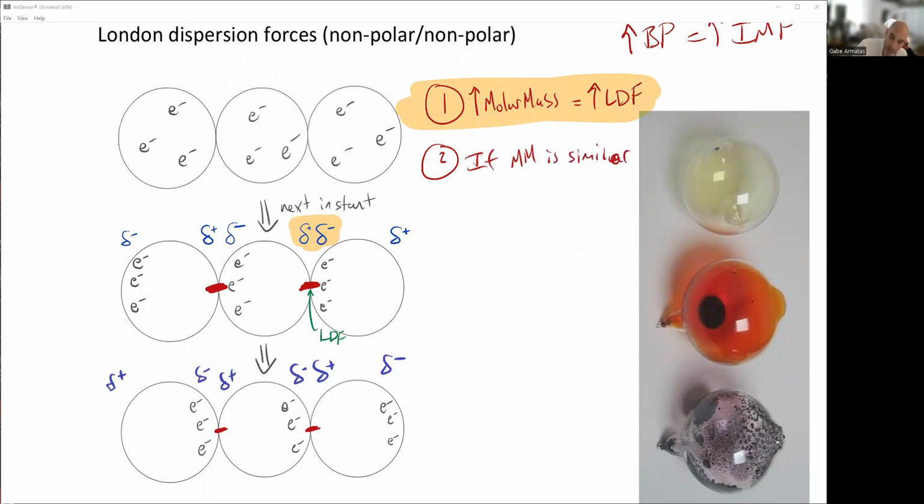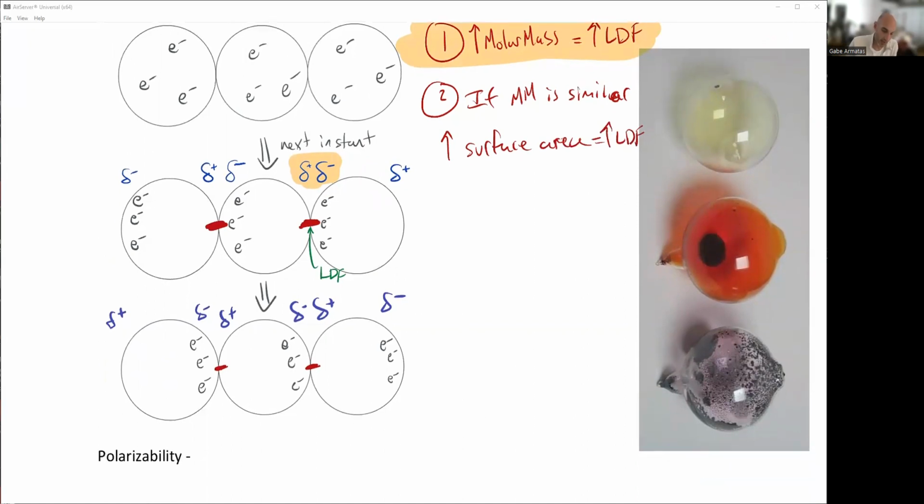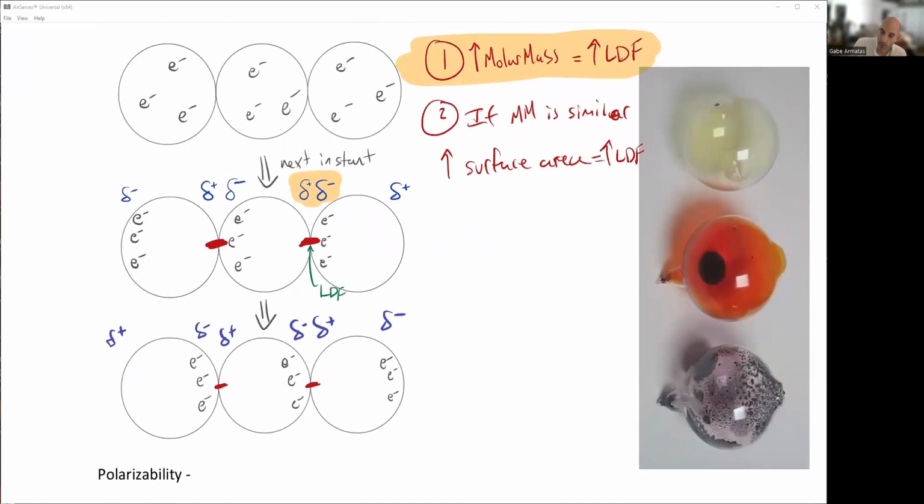we're going to look at something a little bit different. We're going to look at the surface area. An increase in surface area equals an increase in London dispersion forces. And I'm going to show you what I mean by that with an example. Okay,